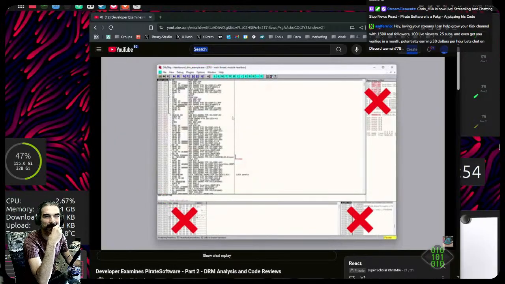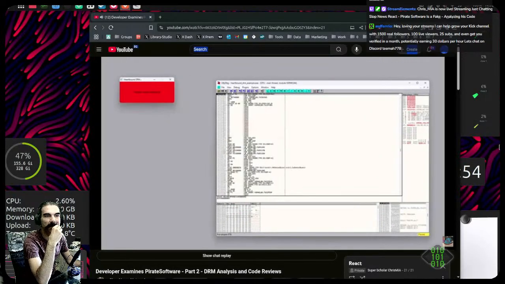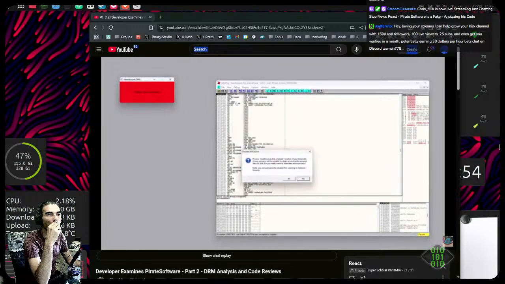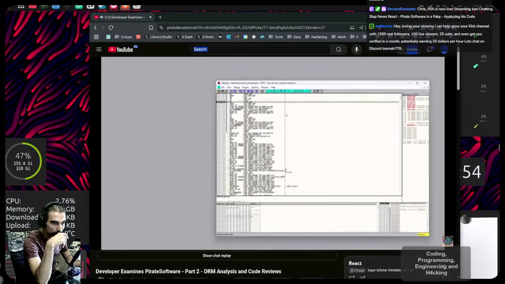The other window panes don't matter at all for our purposes, so we can ignore them. Next, I'm going to run this program as a simple smoke test to make sure everything's working as we expect. Namely, we see the red background and the pirated game detected message we expect from our DRM. I don't need the live attached process info, so I'll close the app and return to the view we had originally when we opened the exe.